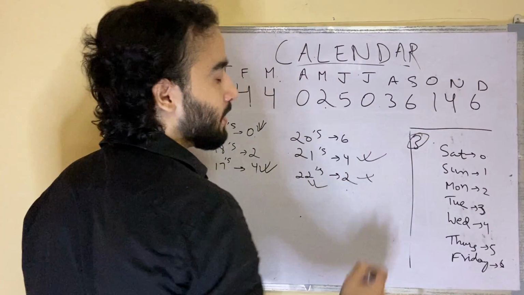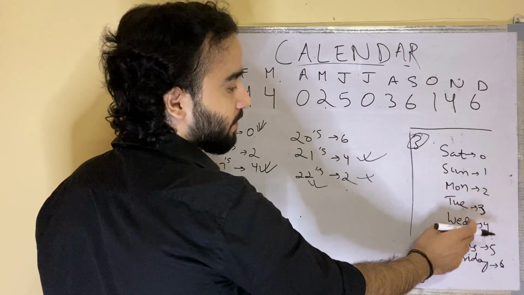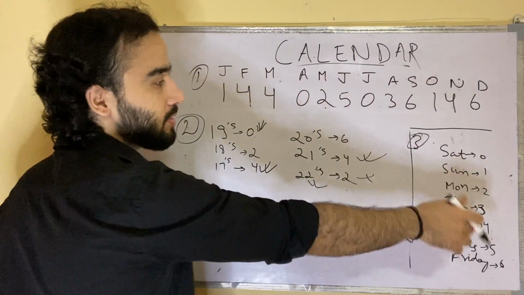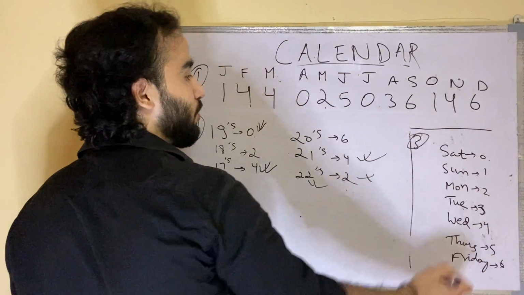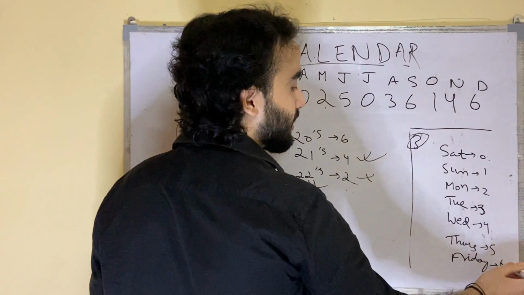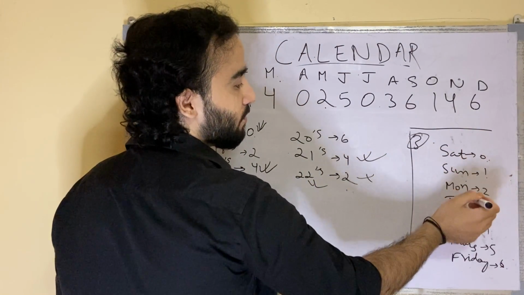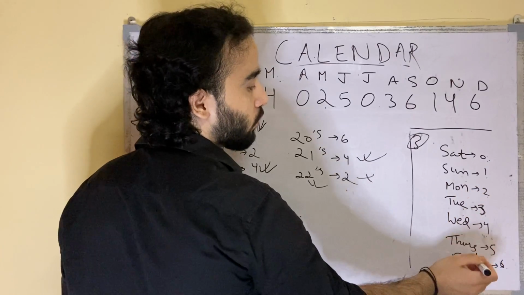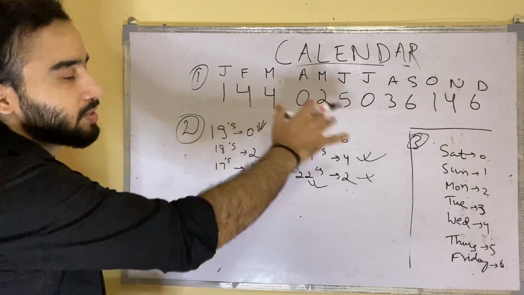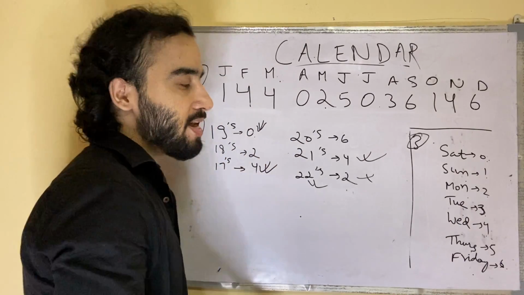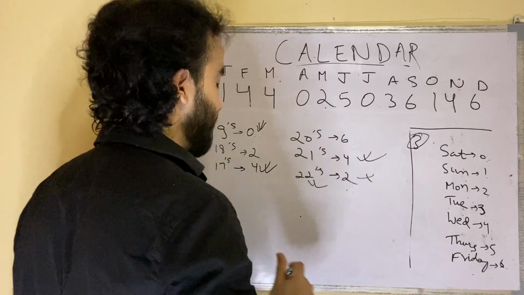And third, for Saturday, Sunday, Monday, Tuesday, Wednesday, Thursday, Friday, I have put the numbers. It starts from 0 and ends at 6. For Saturday, I have assigned the number 0, and for Friday, the number 6. It continues like this: Saturday 0, Sunday 1, Monday 2, Tuesday 3, Wednesday 4, Thursday 5, Friday 6. Okay, this was something which you have to learn. Now I will show you directly from an example, and you are going to get it clear by that.